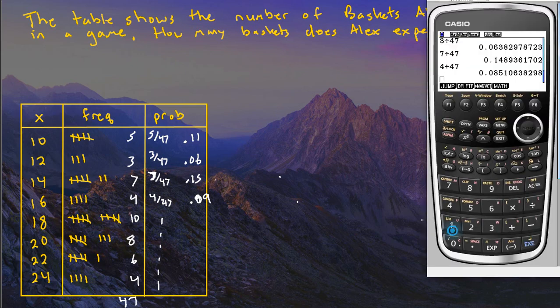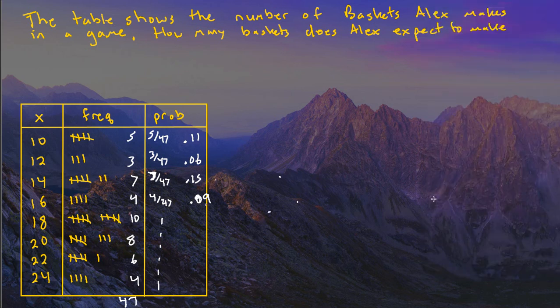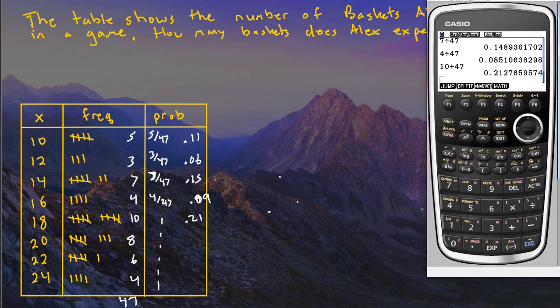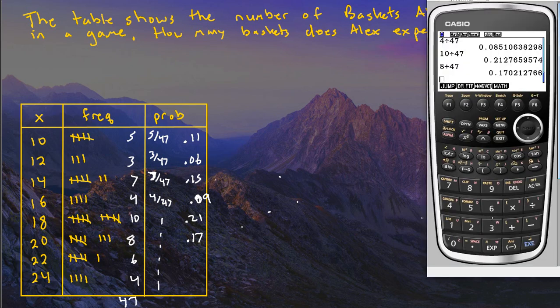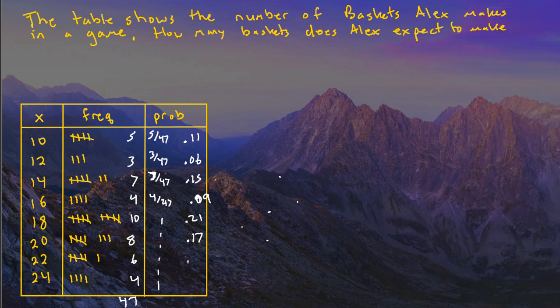And the next one, 0.21. And the next one. And we just go through doing this for each one. It's giving us the chance that each of these number of baskets would happen. 0.13, and lastly,